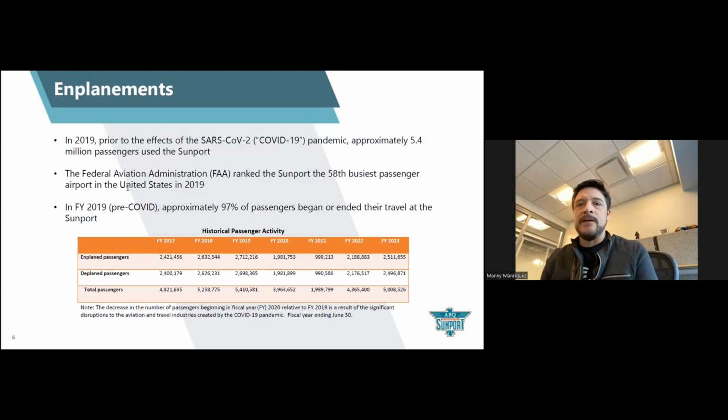And this is a snapshot of our air service recovery. Enplanements means passengers who are arriving at ABQ to board a flight to go somewhere. And deplanements are those who are arriving at ABQ from other destinations and deplaning here as their final destination. And so we have surpassed, as of FY 2023, and we are on a July through June cycle, 5 million